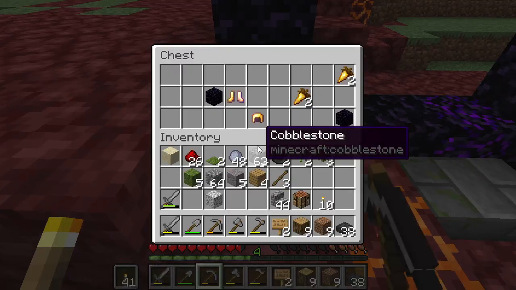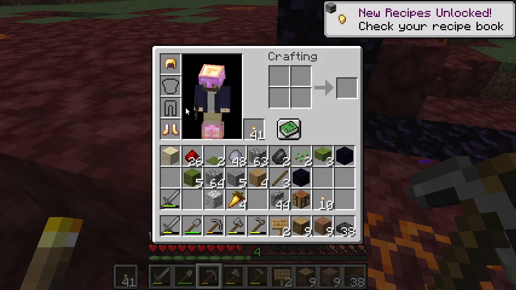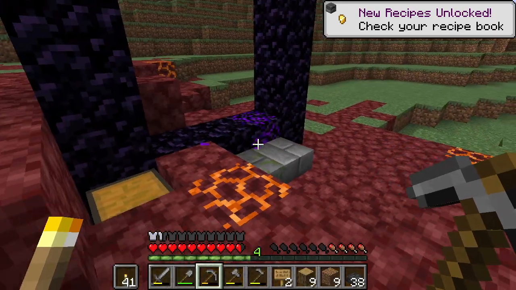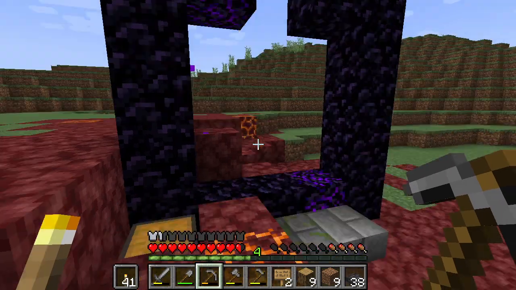Okay, what have we got in the chest? 2 obsidian. I think that's what we need. Oh, some golden carrots. That's nice as food. And a little bit of armor. Perfect. Oh, I think we need 3 obsidian, so I'm going to have to get a lava bucket from somewhere, but...